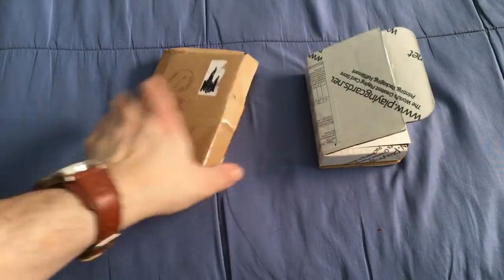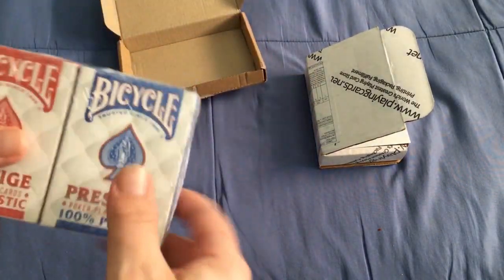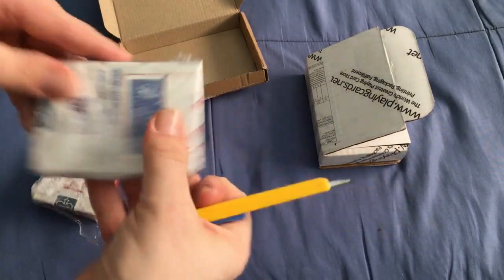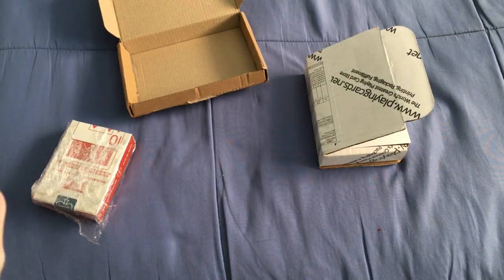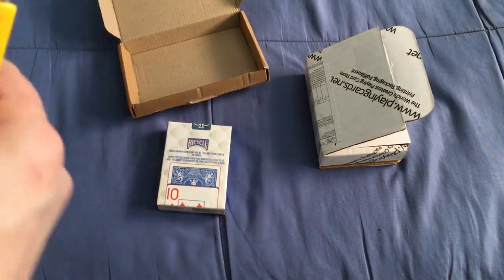First one is from eBay, all the way from Lithuania. Not the greatest packaging, I would say. There's no bubble wrap or anything. And it's just plastic wrap, cellophane, if you will. But it is what it is. And these are,